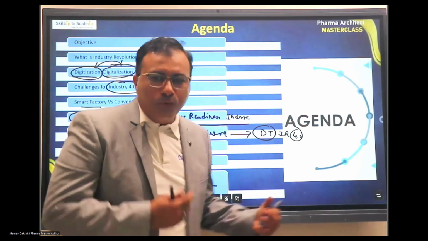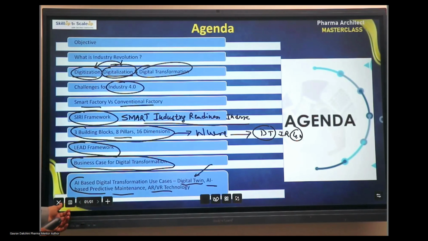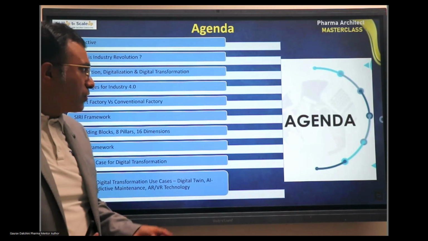And of course, AI-based predictive maintenance, AR, VR. I'm sure you might have discussed AR, VR, augmented reality and virtual reality. Has anybody talked about or done any kind of use cases in your organization about AR, VR? No, right? We have done a similar case, one particular example that I'll quote, which we have done in Cipla, and I'll show you that as well. So all of those things we will discuss today. Okay. So before we start, I want to ask you all,